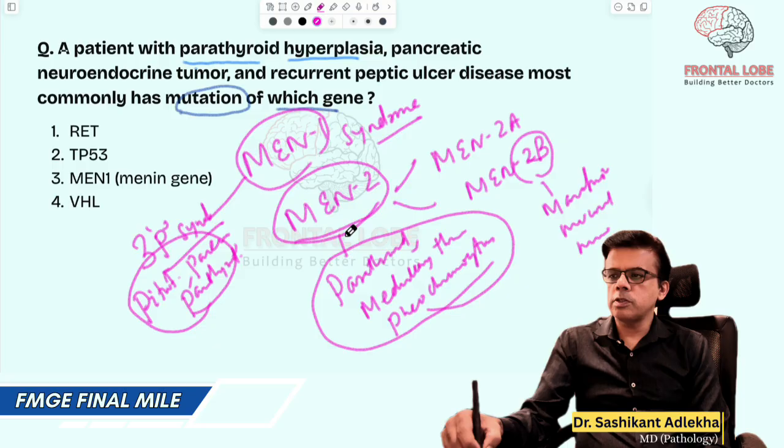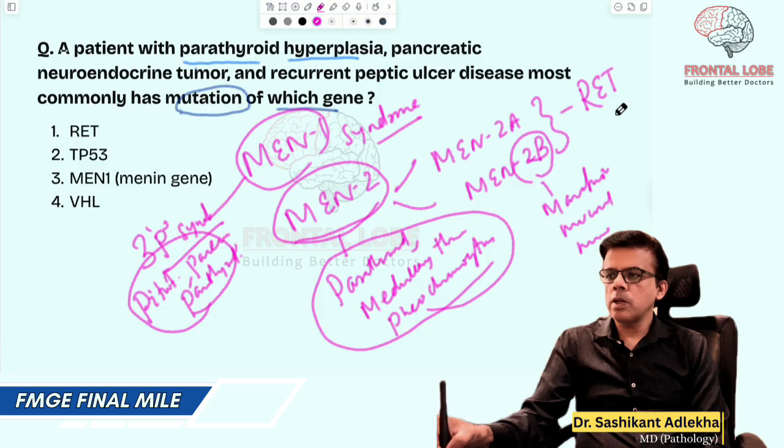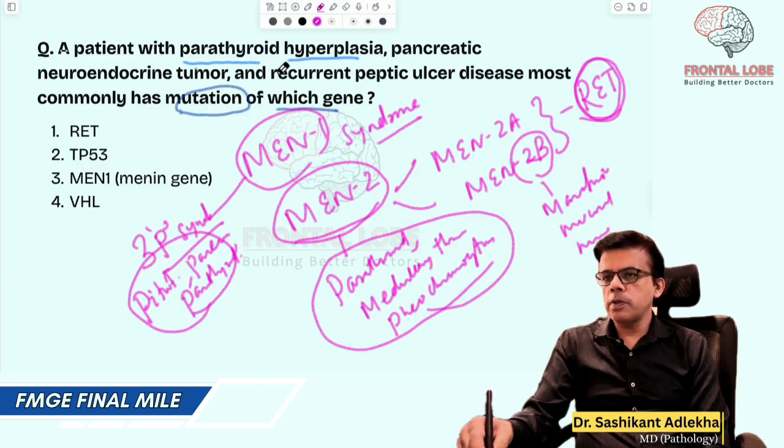MEN2A and MEN2B both are associated with RET oncogene mutation. RET oncogene mutations are associated with MEN2 syndrome, but MEN1 syndrome, as is the case over here, there is a